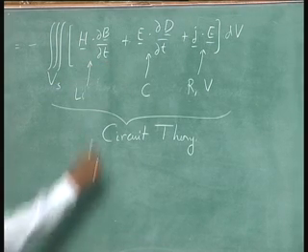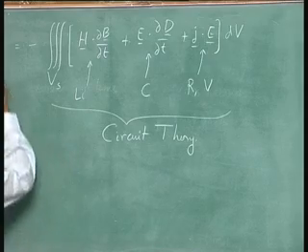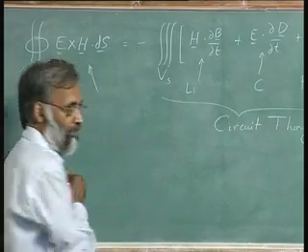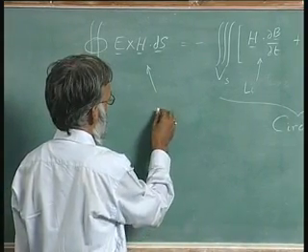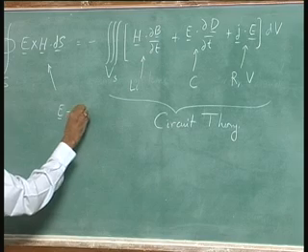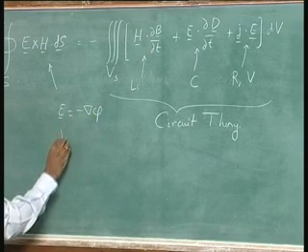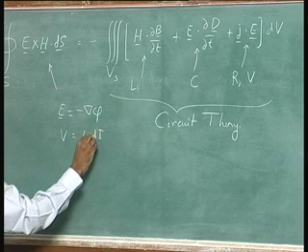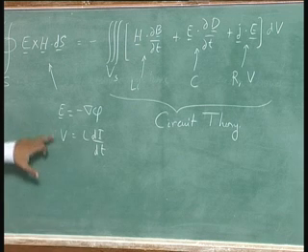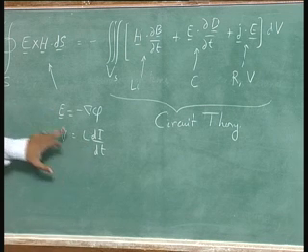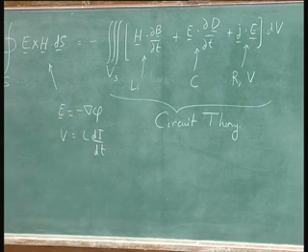You are satisfying KVL and KCL because it is this term, the E cross H, that includes terms that break down E equals minus grad phi except in capacitors, and V is equal to L di dt except inside inductors. Okay. So, inside an inductor you have this, and inside a capacitor you use stored energy, but